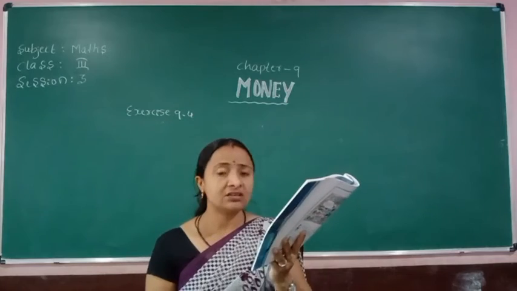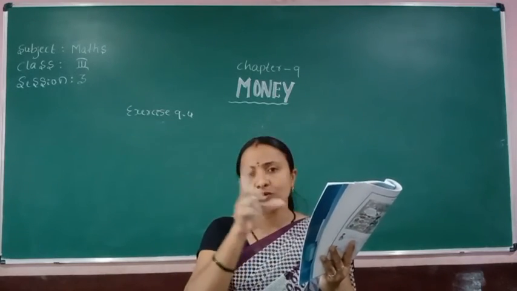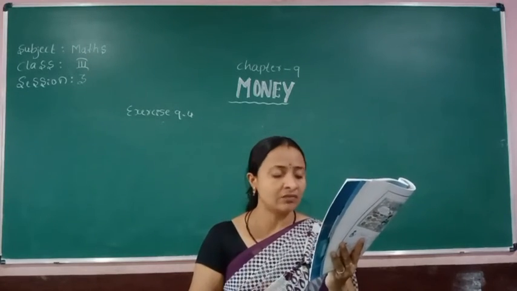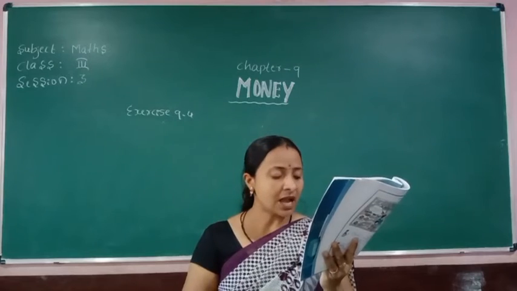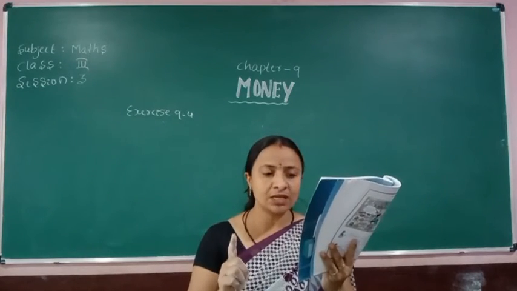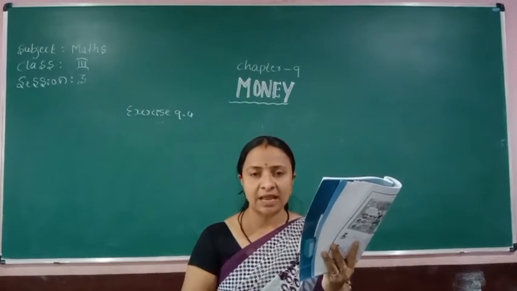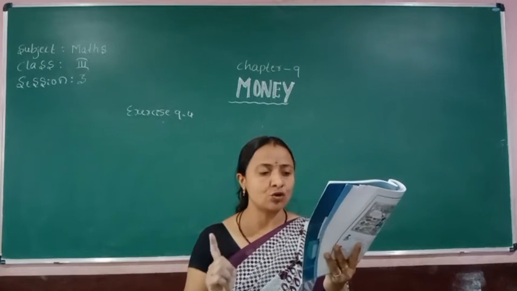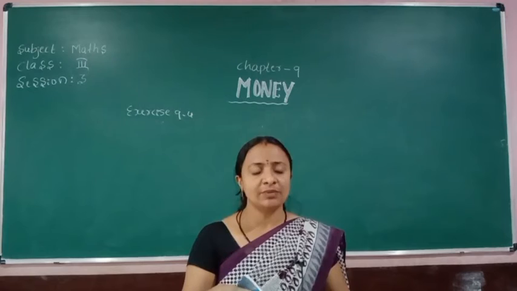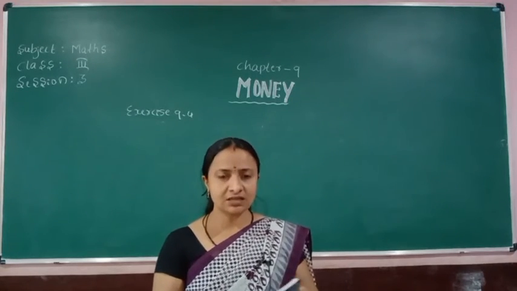So Preeti visited this bakery shop. She saw all of it, but she purchased only 3 things: one veg puff, 1 pound of bread, and 1 chocolate. So how much money should she give? 1 veg puff costs 10 rupees, 1 pound of bread costs 12 rupees, and 1 chocolate costs 2 rupees. If the prices are mentioned, it is easy to buy things. Okay, understood?